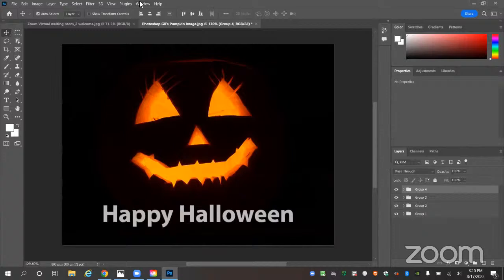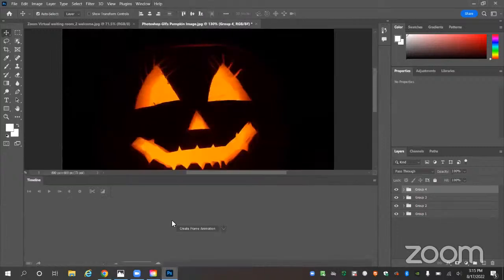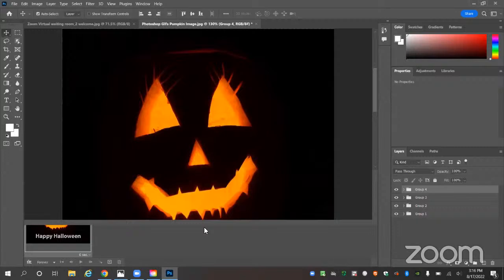And now that we've got all of our frames ready, what I want to do is go ahead and go to Window up top in the top toolbar. And I want to make sure that timeline is selected. And here in timeline, you should see an option called Create Frame Animation. You might see Create Video Timeline instead, depending. Just make sure that you click on this drop down and select Create Frame Animation. And once we do that,